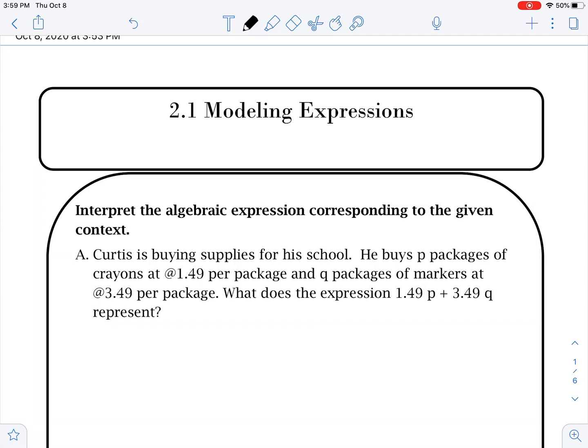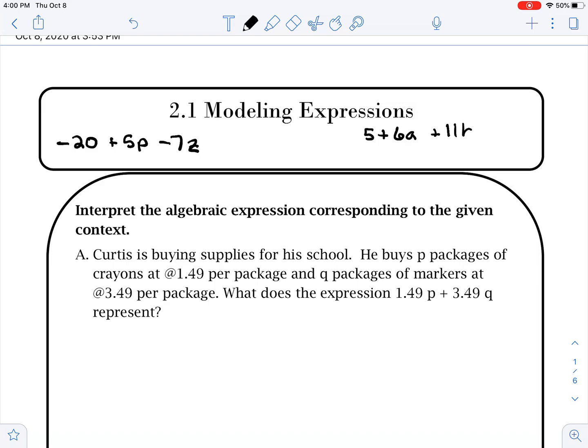Hello students, today I want to go over section 2.1, modeling expressions. Before we get going, I just want to go over a couple of vocabulary things that we're going to see throughout this section and throughout the book. So let's take this expression here, negative 20 plus 5p minus 7z. And I also want to look at 5 plus 6a